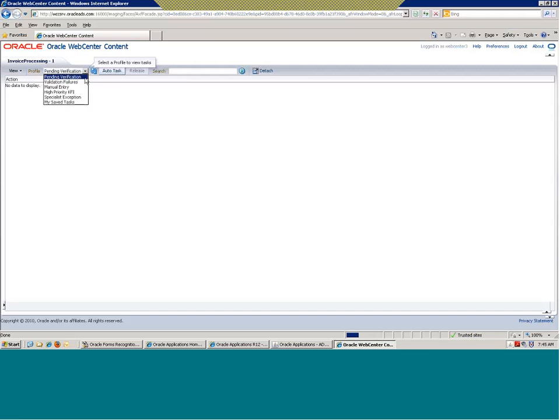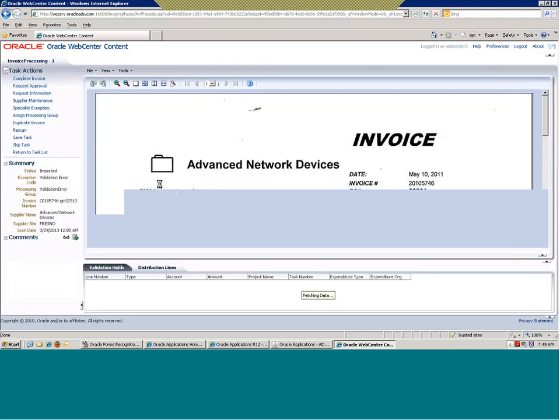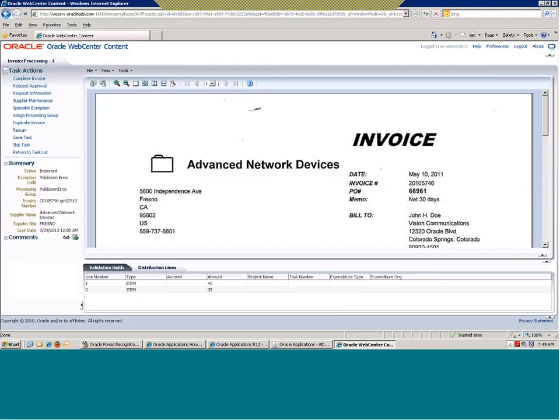So I come back here, and now it's time to process some of the failures. So these things need to have additional work done for them. So I'm just going to pick one of these tasks and see what the problem was with this one. So I look at the invoice, I look at the validation holds, and I can see that this one has an invalid PO number. So again, I can go into eBusiness Suite, I can verify that information, look that up, make sure that it is an invalid PO number, look into the PO system, and look for that